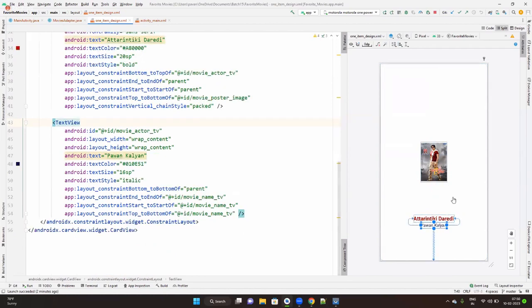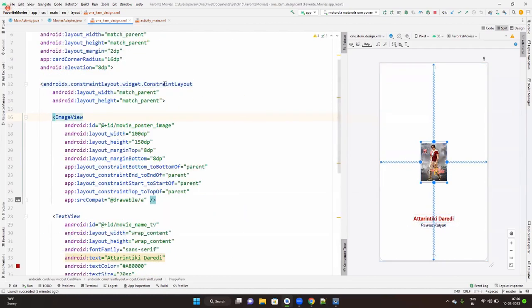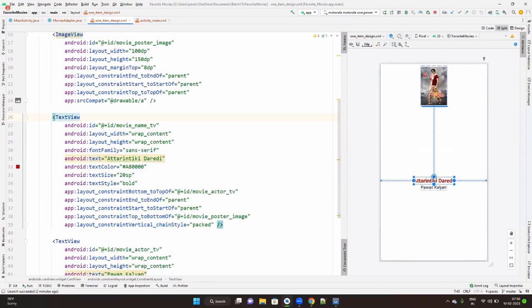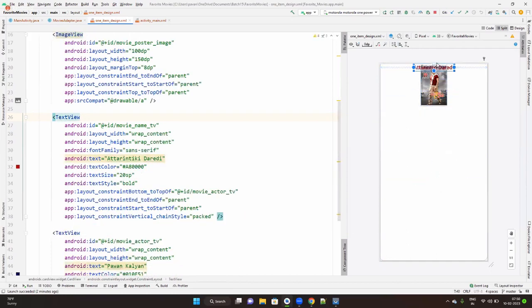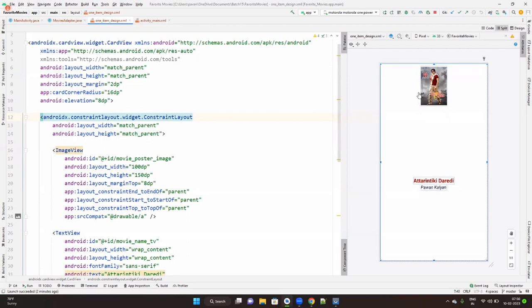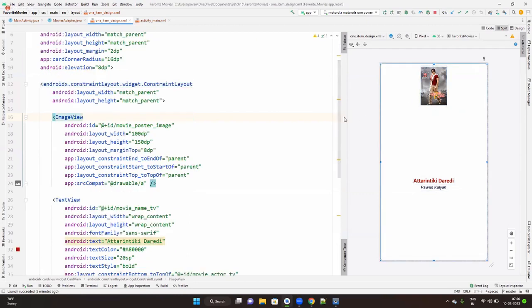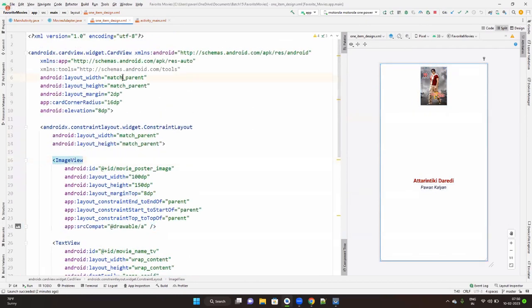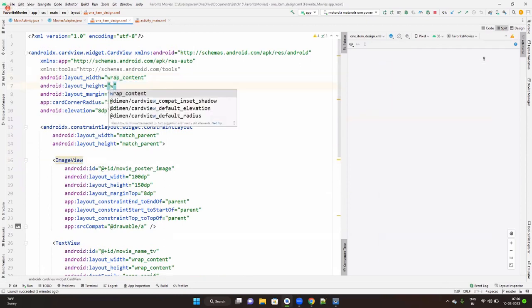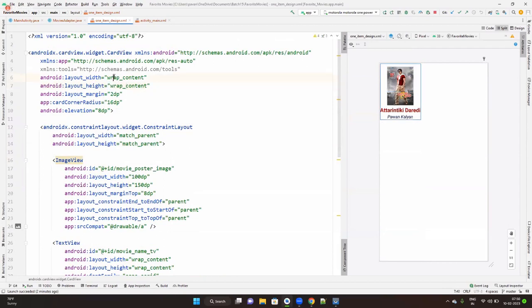Okay, why are we maintaining space? I don't know. Okay, that's fine. So you can change. Okay, nice. Yeah, they are vertically chained. That is the reason. So no problem with this. This is a good design. All you need to do is go here, set the width to wrap content, height also to wrap content. Actually, on the width, you can set it to match parent